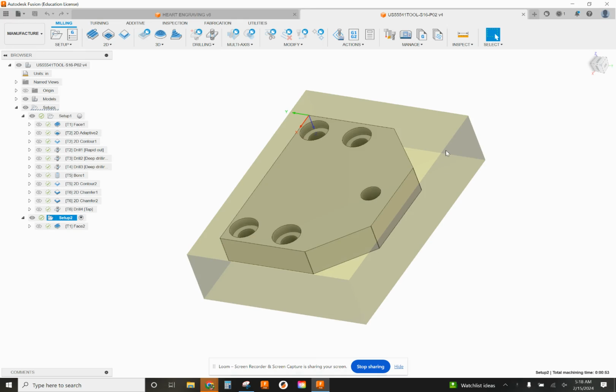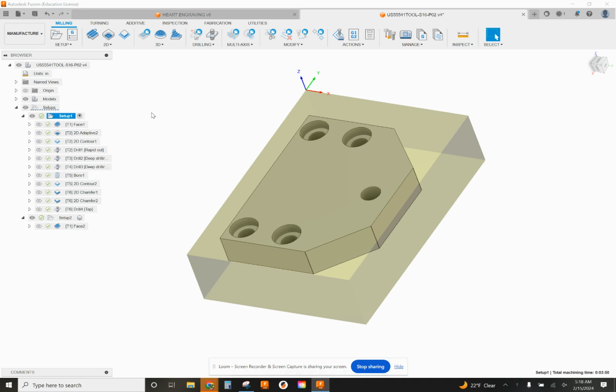In this video, I'm going to show you how you can post-process all of your toolpaths in a setup at one time to make a CNC program out of it, get regular CNC code. The first thing we want to do is make sure we're in the manufacturing workspace, and that we click on the setup that we want. And I want setup 1 in this case. With that highlighted blue,